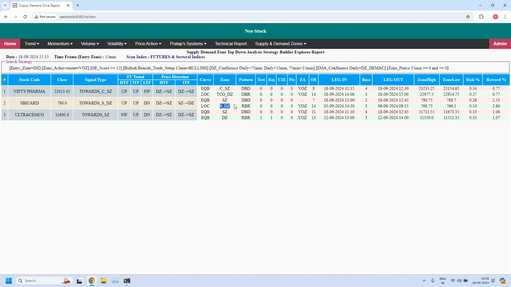Moreover, for SBI Card, even the demand zone is a high liquidity demand zone, the 15 minutes demand zone, because entry time frame is 15 minutes. Of course, this 15 minute zone is part of the daily zone, and also having daily EMA confluence. Okay, next,